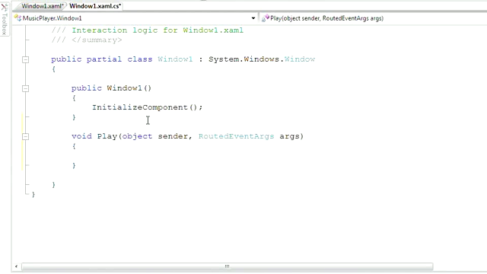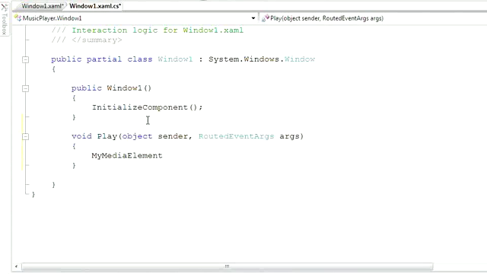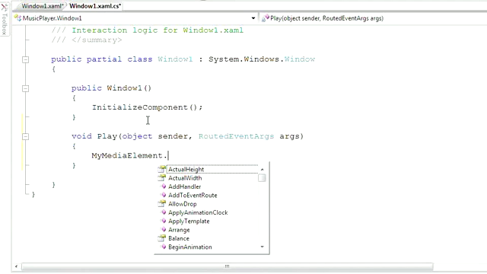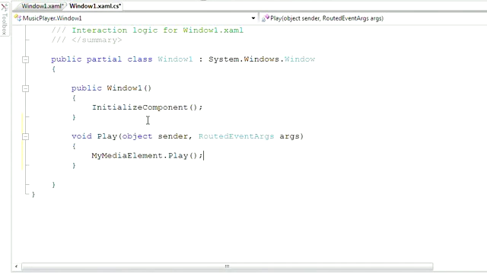Then finally, the body of our method corresponds to the actions which will be taken when the event gets raised. In this case, we want to begin playing back the music on our media element. Now remember, we called the media element myMediaElement. Because this is a shared class, IntelliSense actually already knew about that element, and in fact it will give us examples of potential methods or properties that we could set in code on that element. The method that we want to call is called play. The final thing that we need to do is we need to